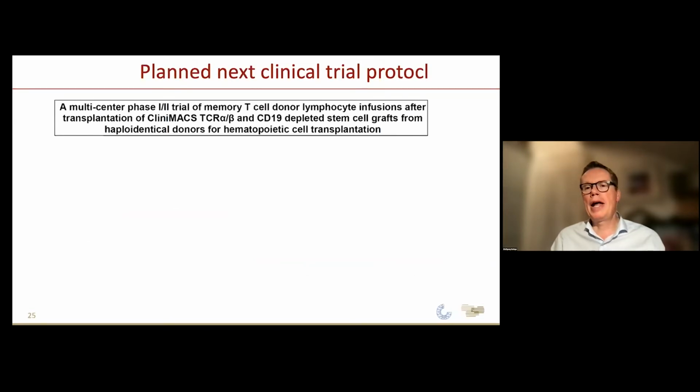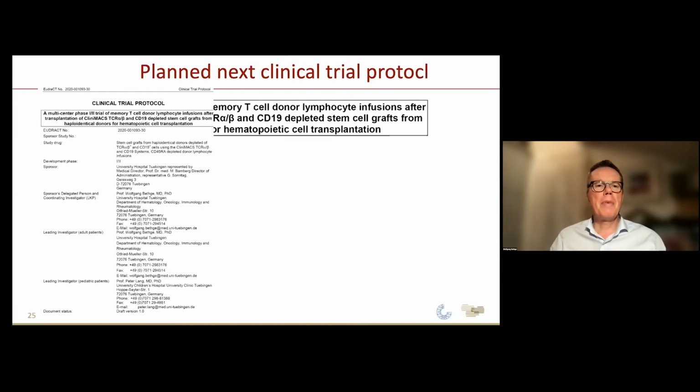So what do we plan next? We just heard in the last session the very exciting data from Michael Machin in Moscow, and we would like to base the next step also in the adults, but again as a joint protocol with adult and children centers within Germany, a multi-center study building on our backbone of TCR alpha-beta depletion and adding back in a dose-escalated manner